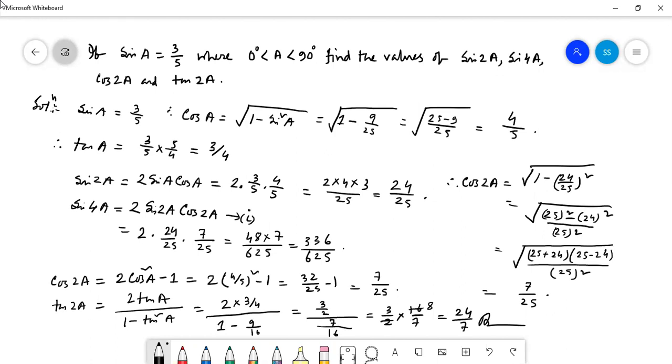आया समझ में? Yes, sir. तो tan 2A को sin 2A by cos 2A लिख सकते हैं. हाँ वो भी लिख सकते थे. हाँ वो जल्दी हो जाता. राइट. साइन 2A तो निकल गया था. हाँ साइन 2A बाई cos 2A बहुत जल्दी निकल जाता था. सेम ही आता था ना 24 बाई 7. हाँ तो उससे थोड़ा इजी होता. हाँ बहुत इजी हो जाता. यही है मैथ का मेन थिंग. If I observe very carefully, then it will come very easily. If we do not observe carefully, then we have to make some extra calculation.